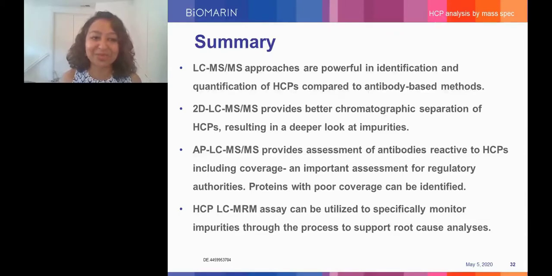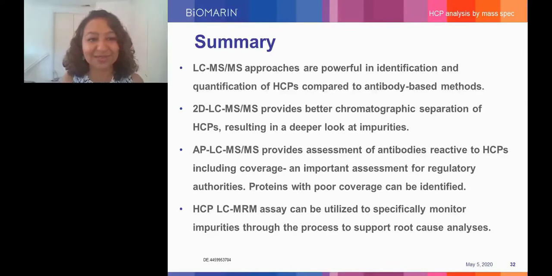And these approaches are powerful in identification as well as quantification, relative or absolute, of host cell proteins, and they're powerful compared to antibody-based methods, but also they can be used with antibody-based methods. So it's not a this or that, but it's really a combination of power in both approaches that can yield